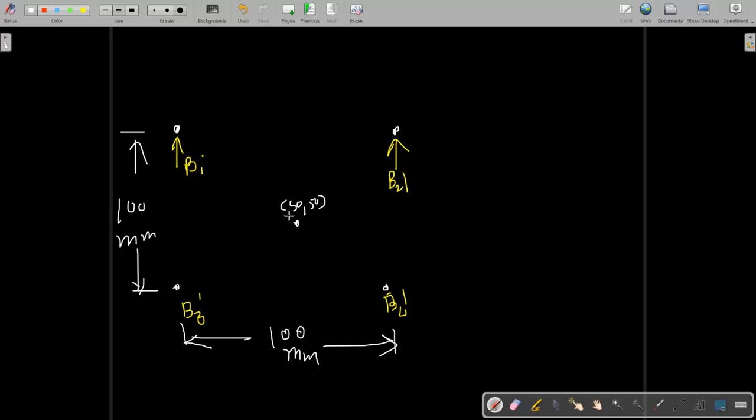Now we have to find the minimum distance between all the points. The minimum distance is always the perpendicular distance, so this is the minimum distance, and give the name R1. Sorry, I will draw with scale so that it is easy for you. This is radius 1, this is radius 2, this is the minimum distance. Give the names R1, R2, R3 and R4.